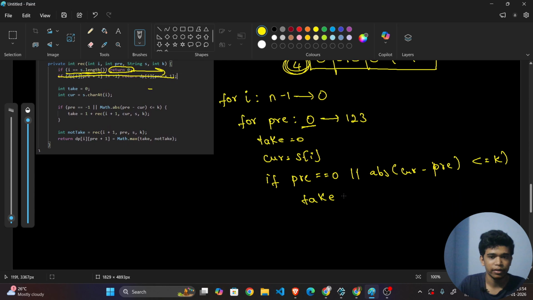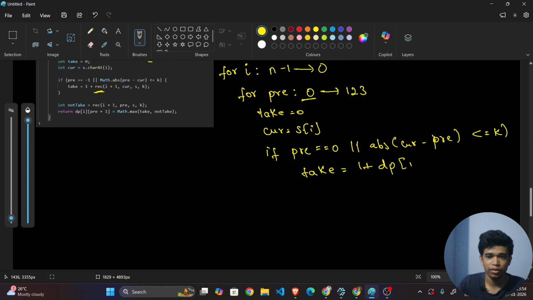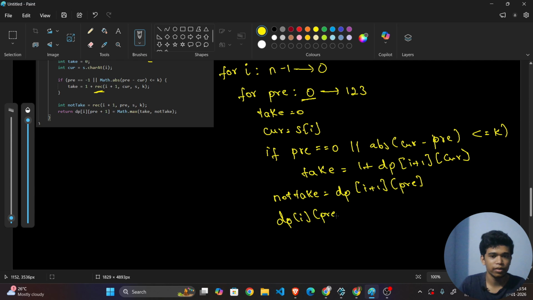Just take it. Take is equal to 1 plus, here it is what? A recursion call. Whenever there is a recursion call, use the dp, the matrix name. Okay, dp of what is the varying parameter? It is I plus 1 and another varying parameter is current. So current, that's it. Then here comes not take is equal to, what is the value? It is again the recursion call. So dp of I plus 1 and previous, and at last dp of I and previous